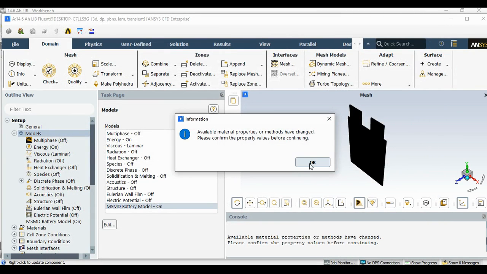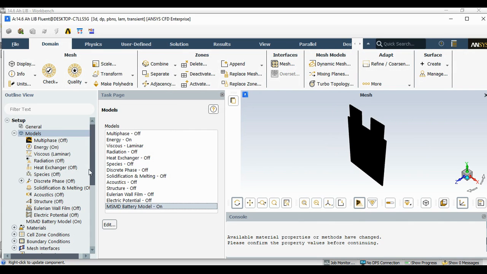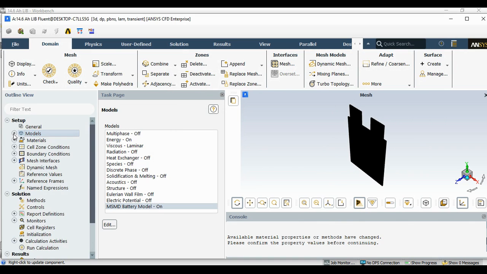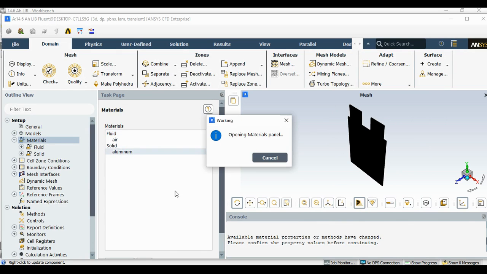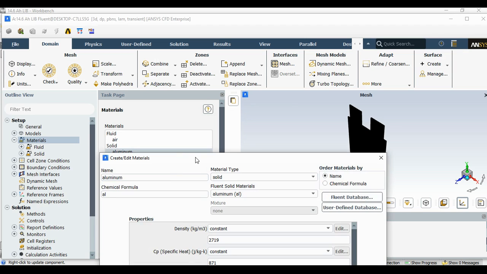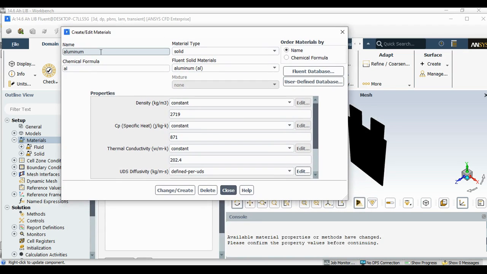Okay, now we're ready to continue and introduce the materials. For the materials, we should define 2 materials. The first one would be for the active component, which is the cell zone. So we give it a name as